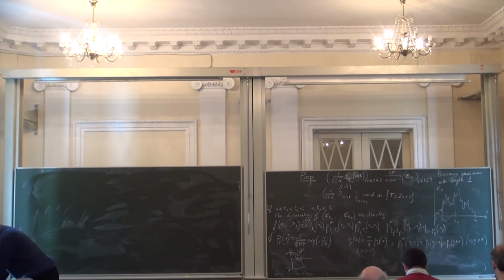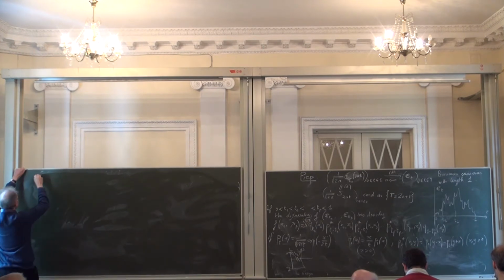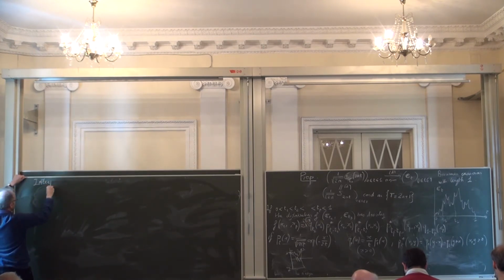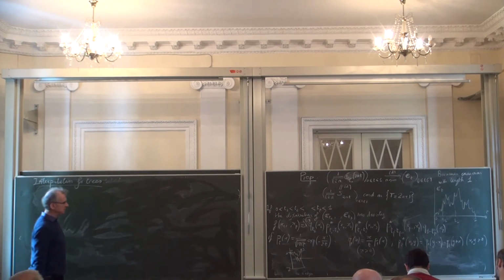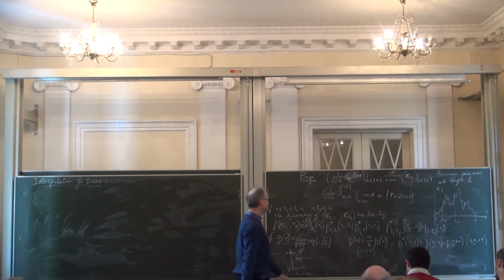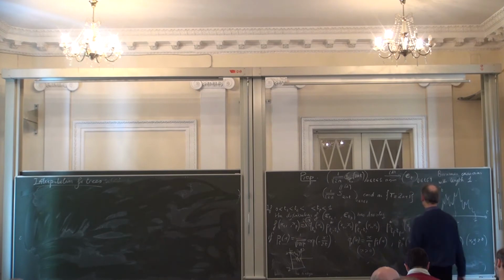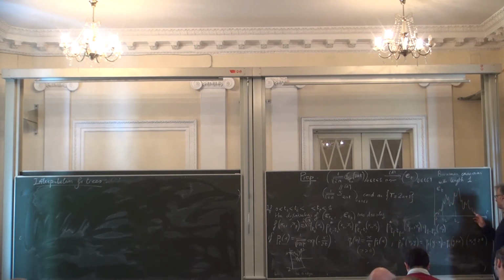So what I'm going to do now, I'm going to give you a kind of interpretation in terms of trees. So for this, I need to explain to you that a function of this type can be viewed also as the contour of a certain tree. Okay, so you can view also a function like the Brownian excursion as coding a tree.